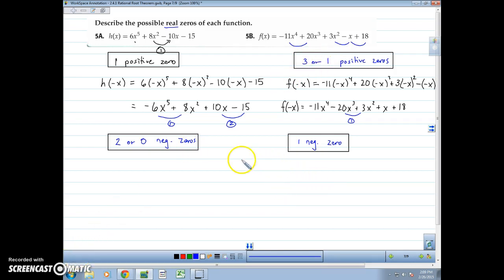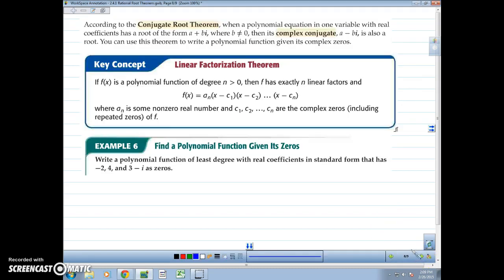So the next thing we're going to be looking at is how to write our own polynomials if we know the zeros. This time, though, we're not just going to be considering rational numbers or even just real numbers. We're going to consider complex, real, all of the types of numbers that you could have as a solution to your polynomial. And so because we're going to be dealing with complex numbers now, we've got this theorem called the